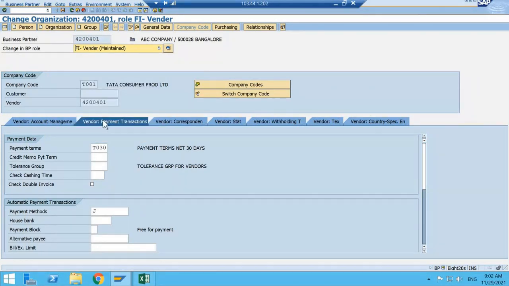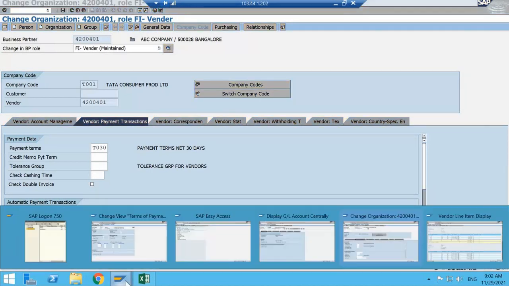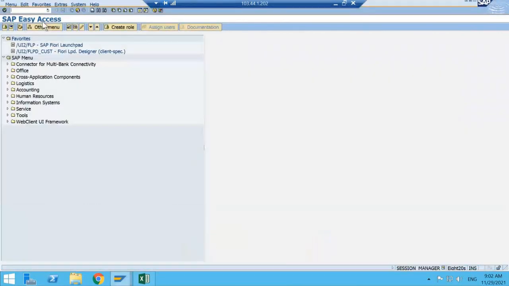So what we did is we assigned the payment method also in the vendor master data. We also link the payment methods to payment terms. The reason is that whenever I try to post an invoice, the payment terms are defaulted. Similarly, the system will default the payment method also. So now when I try to post an invoice, you can see what would happen if I go to